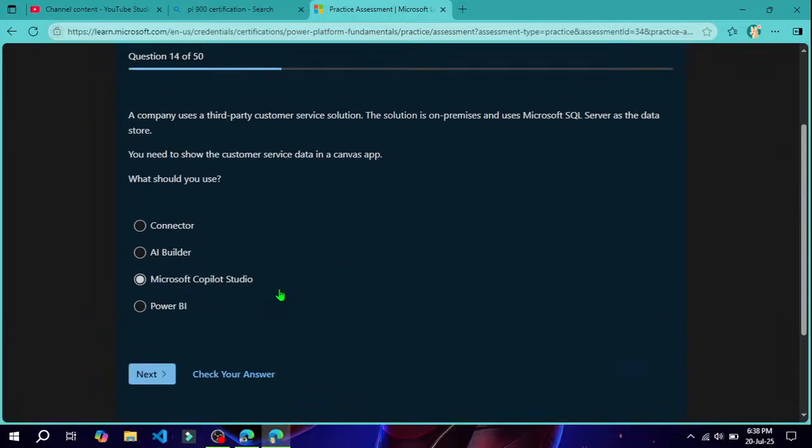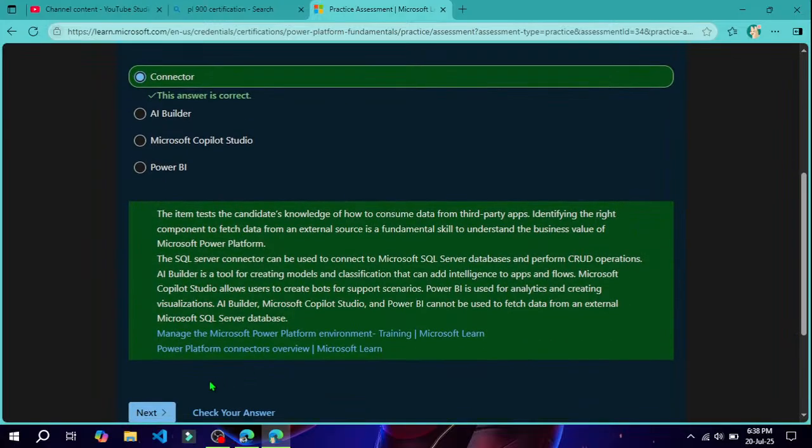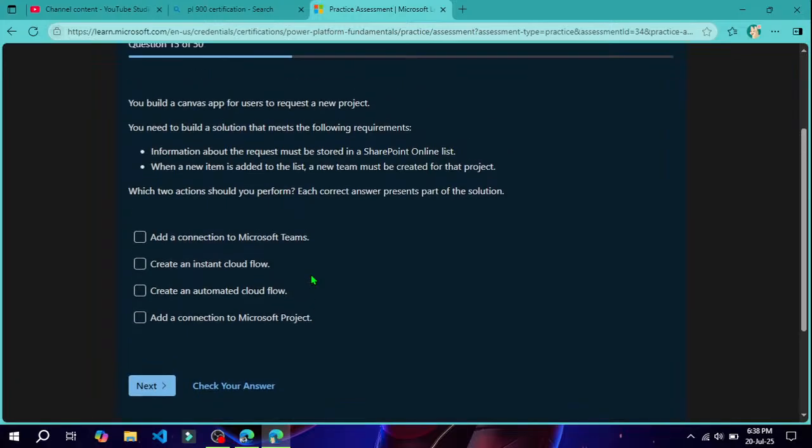Now the next question is: a company uses a third-party customer service solution. The solution is on-premises and uses Microsoft SQL Server as the data store. You need to show the customer service data in a Canvas app. What should you use? To show the data which is on premises and uses Microsoft SQL Server, we can use a connector. So this is our right answer. Now the next one, you build a Canvas app for users to request